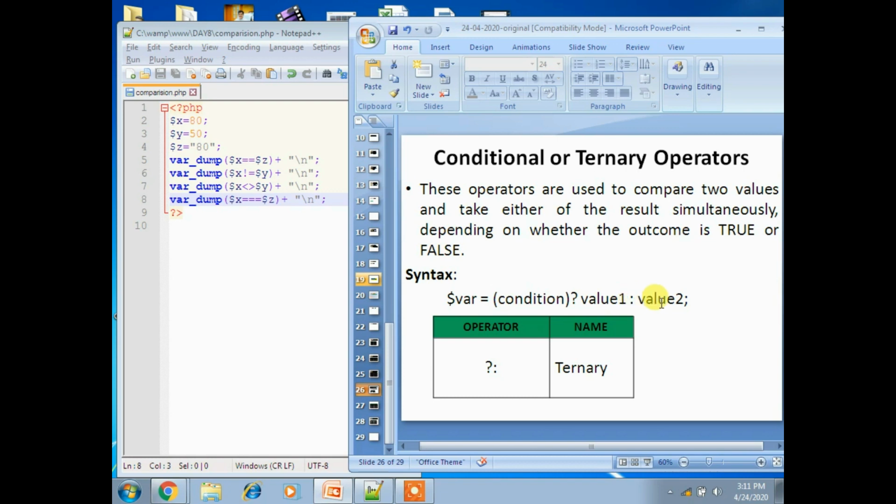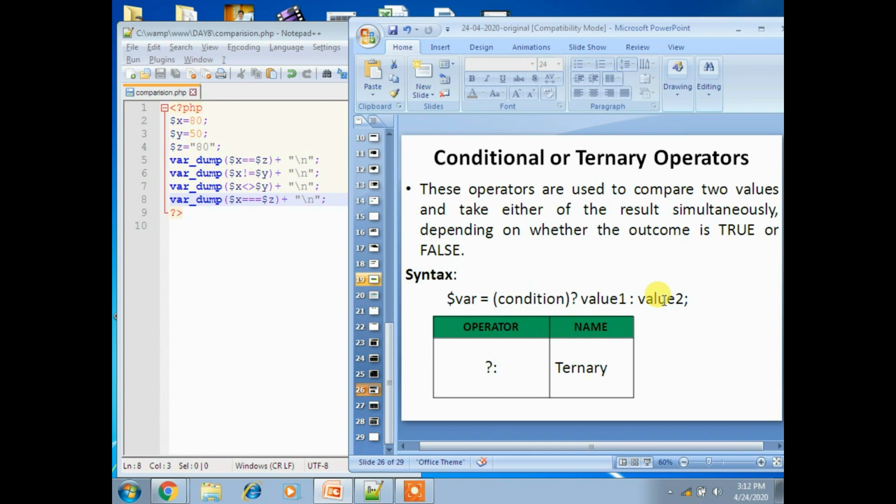Left result means value 1 is accepted. Otherwise the result goes to the y value, that is the result on the right side. Okay, that is called conditional or ternary operator.